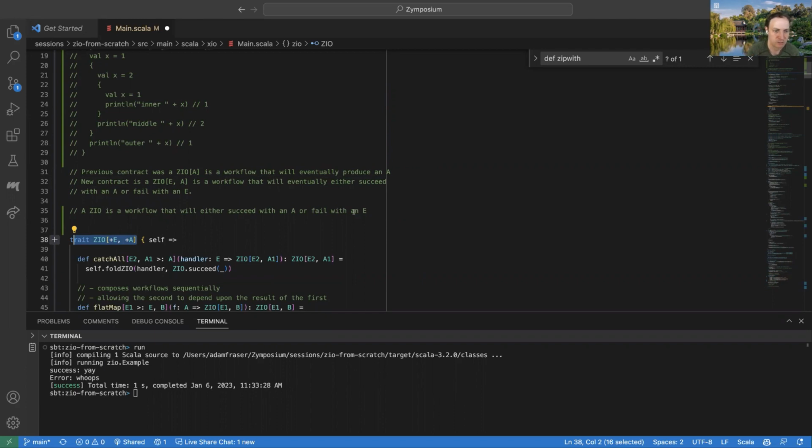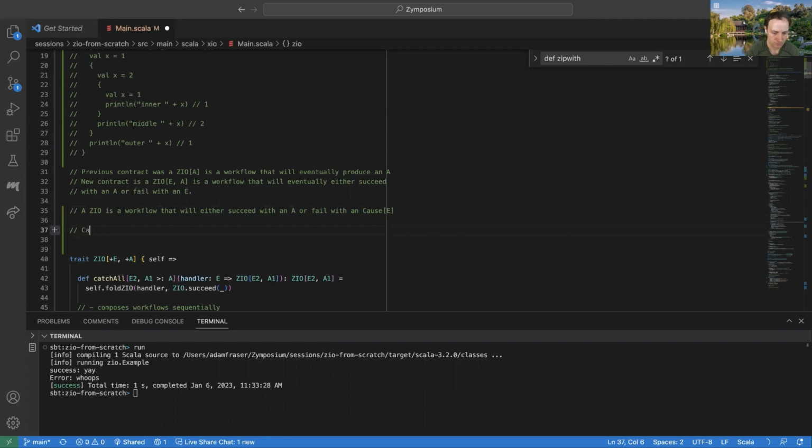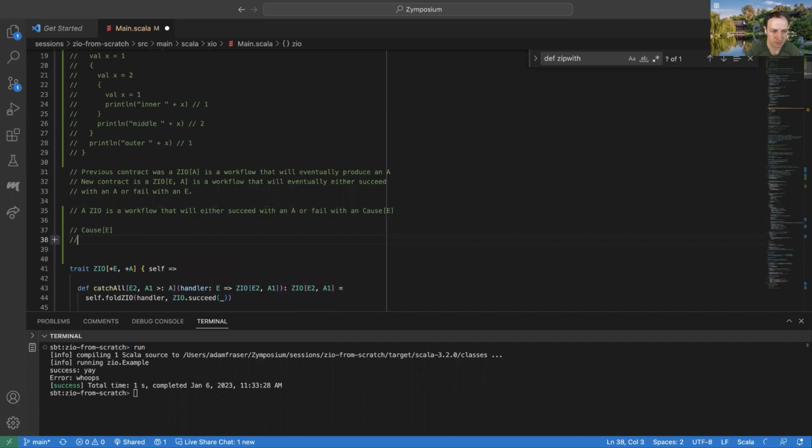As we get into this, we'll see it's also potentially not rich enough to describe some other things as well. And so what we're going to want to do is change our definition slightly. Instead of this, a ZIO is a workflow that will either succeed with an A or fail with what we call a Cause of E. Right now we're just going to start with the simplest cases.